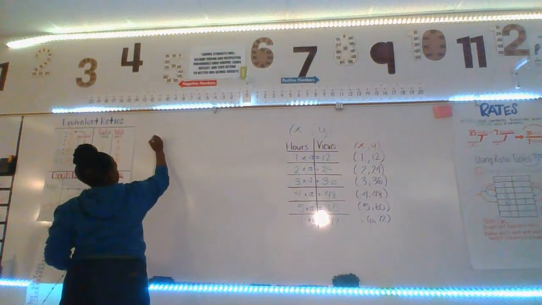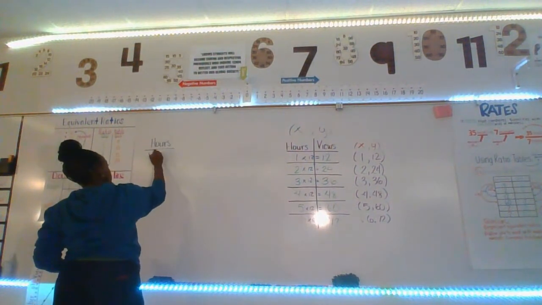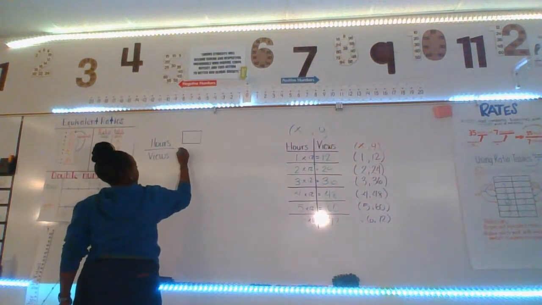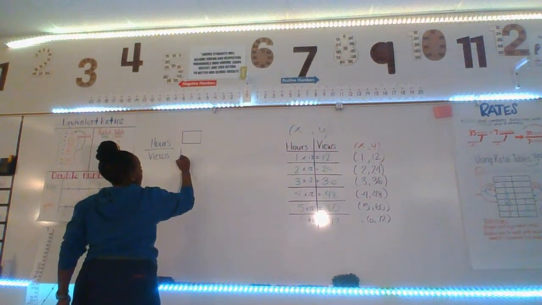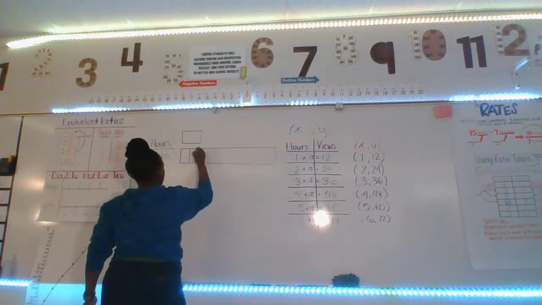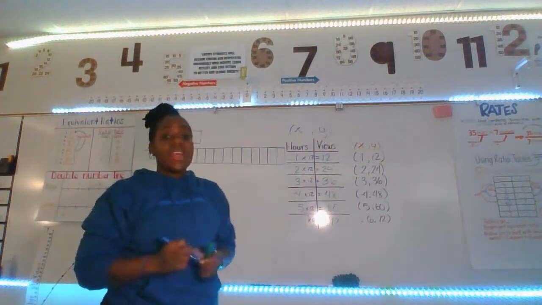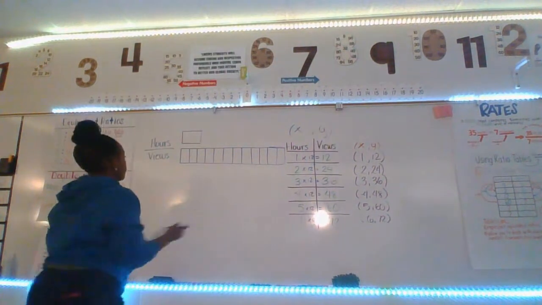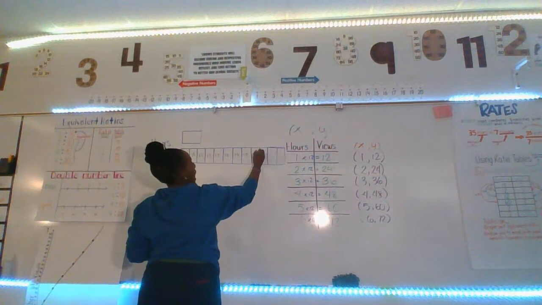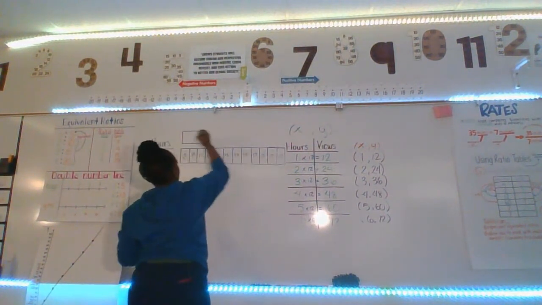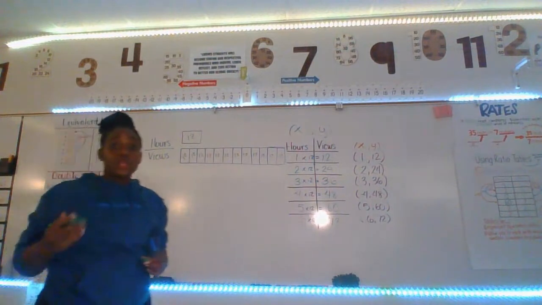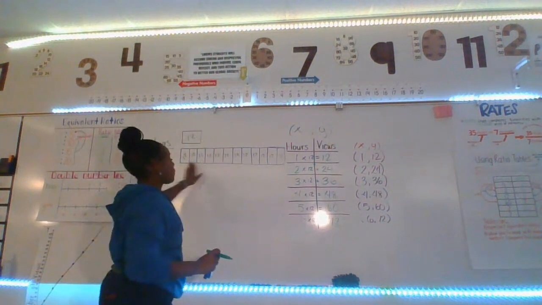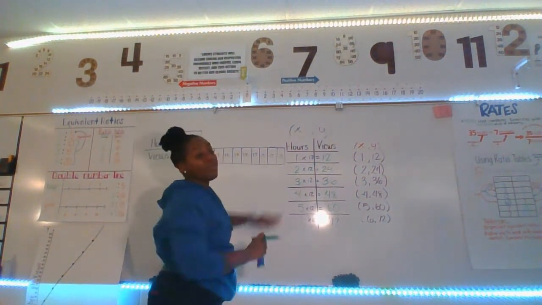So I'm going to draw a tape diagram representing hours to views, right? So I'm going to put 1 box to represent hours. And then we need 12 to represent views. Now they said if it represented 12, right? So we want to put 12 inside. So we say 12. If each box was representing 12, how many views would you get? So what we would do is we count up. We have 12 individual boxes. Each box is worth 12. 12 times 12 is